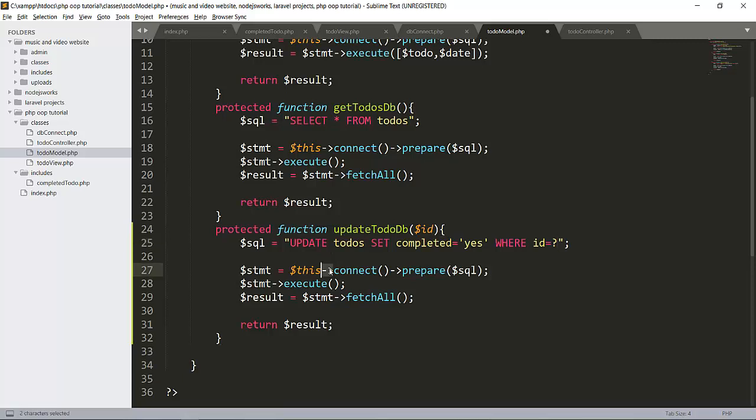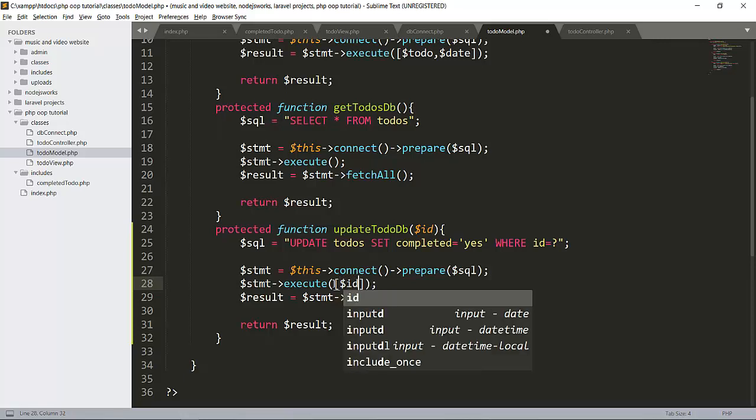So for that, we will prepare our SQL statement and then execute it, and we will pass our id, that is $id.